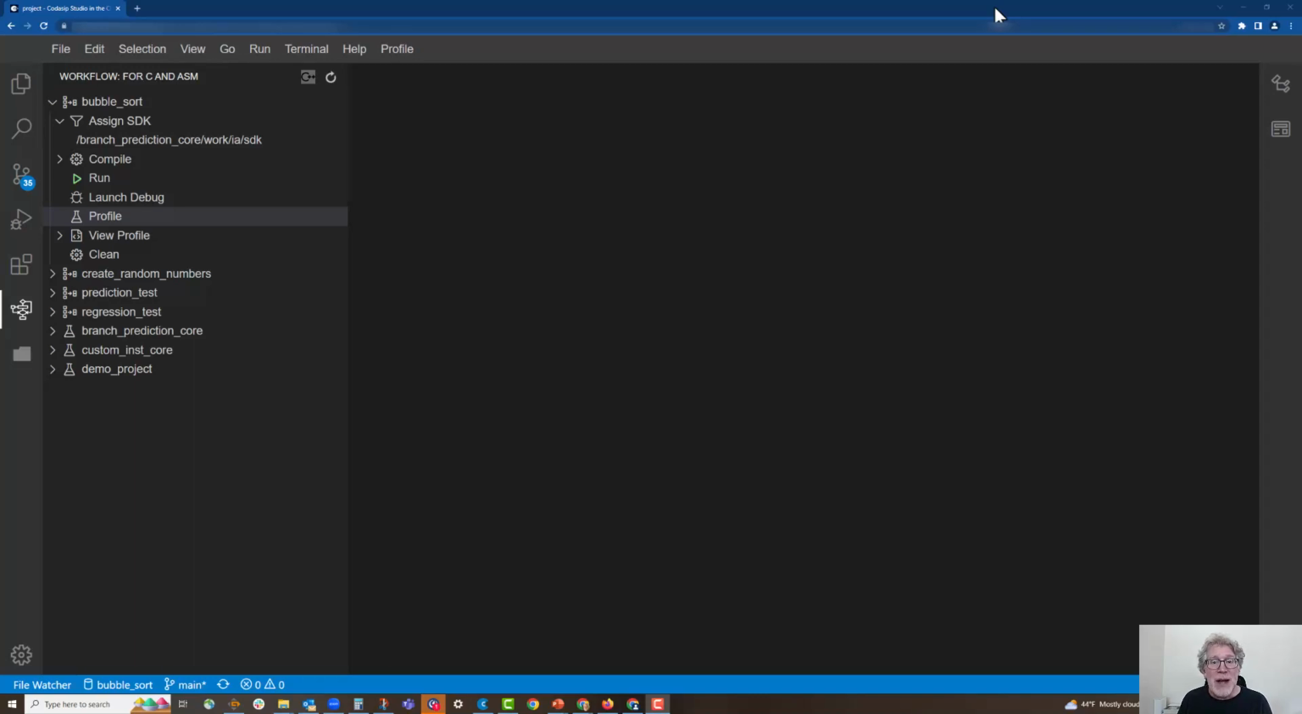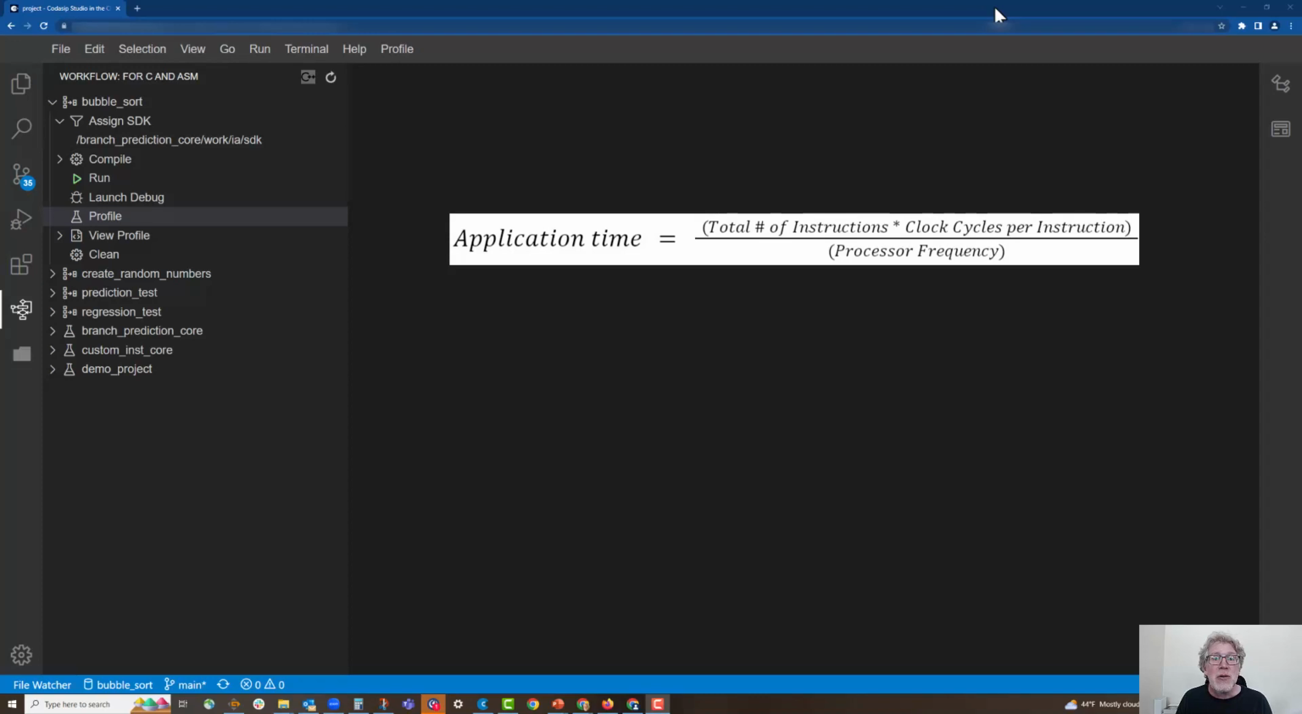You're going to be actually profiling the program using your IA model, and you will be looking at the results to determine if there is an instruction pair, two instructions that are back-to-back, that can be collapsed into one instruction. Now, if I can perform the work of two instructions in one clock cycle, I will improve the performance of my processor. I will be accelerating the bubble sort algorithm because the total number of instructions to complete the application